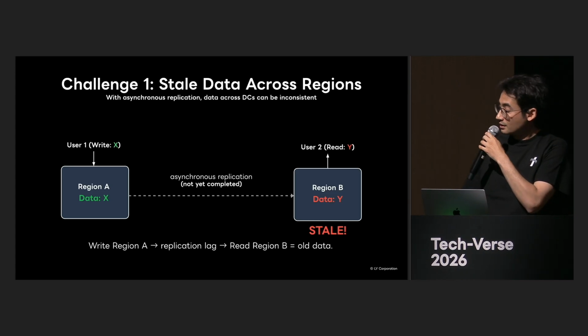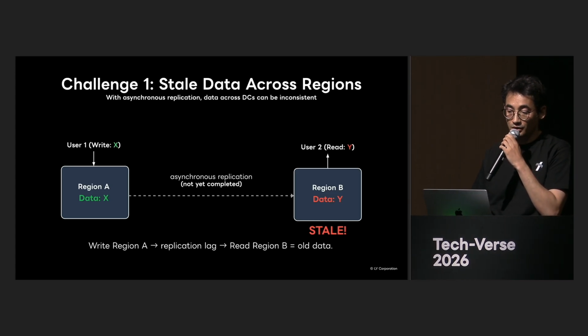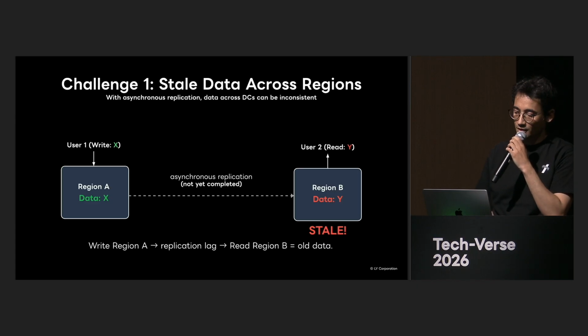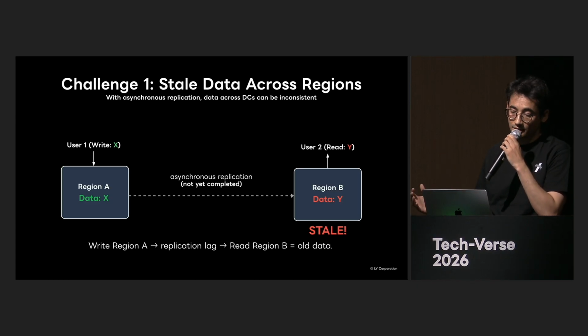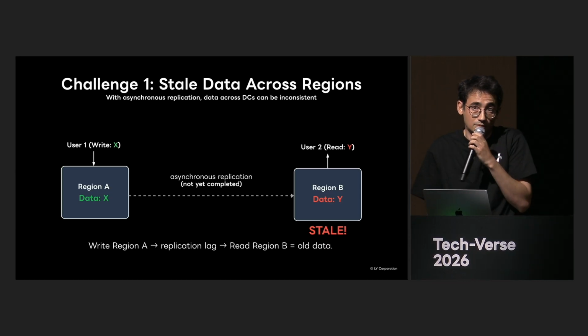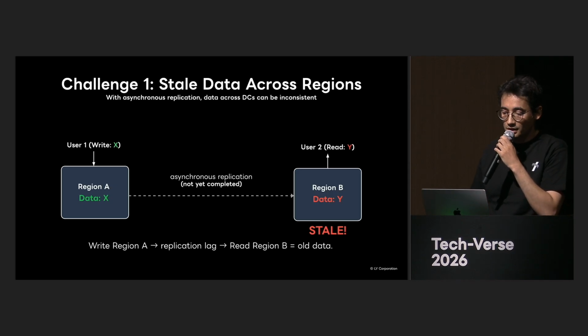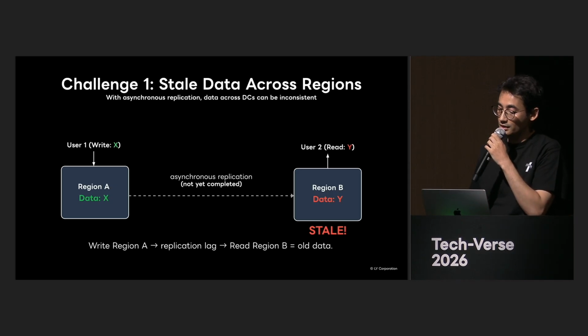The first challenge is data consistency. With asynchronous replication, regions can temporarily see different values. Imagine a write in region A may not be visible yet in region B, causing stale reads. Many services can tolerate this model, but in a real-time messaging service, many user-facing operations like